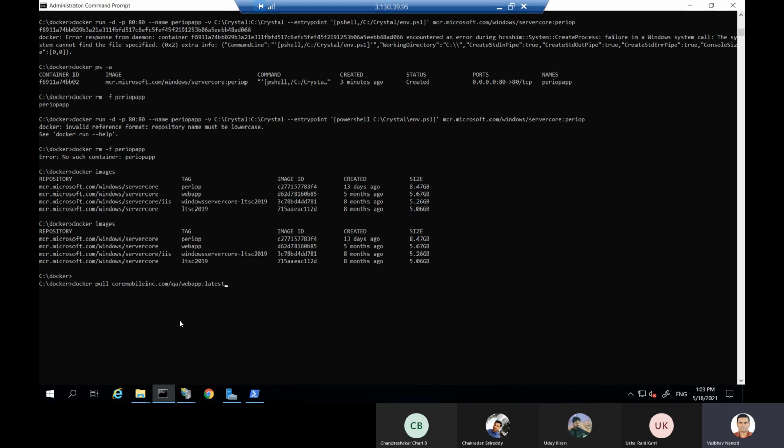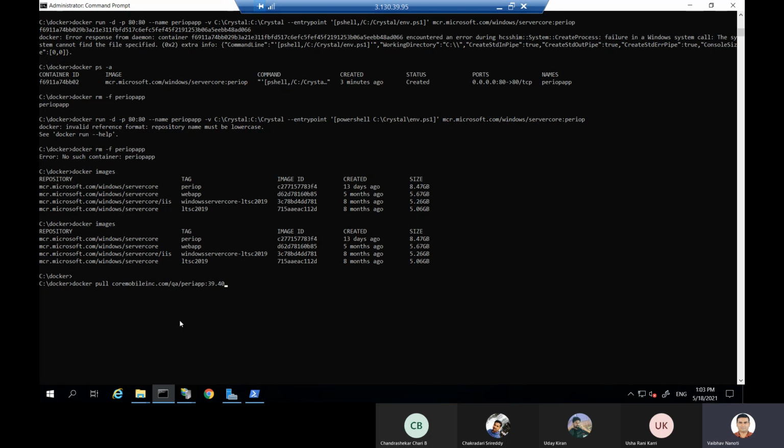In the same way, my Periop should be in this same folder, and I also want the latest version, or some version number like 39.40. So I download that version using the docker pull command and run the docker run command, and my Periop is available. And the third is Mirth, for which we are also going to create the Docker image. So my entire Mirth, web app, and Periop are on the single VM.